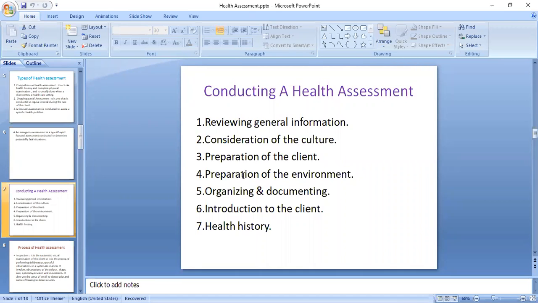Then preparation of the environment. It is also an important point. You have to prepare the environment, which is important for both the nurse and the client. A very welcoming environment should be there. The client should